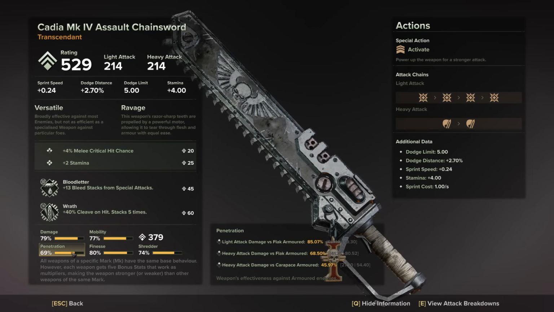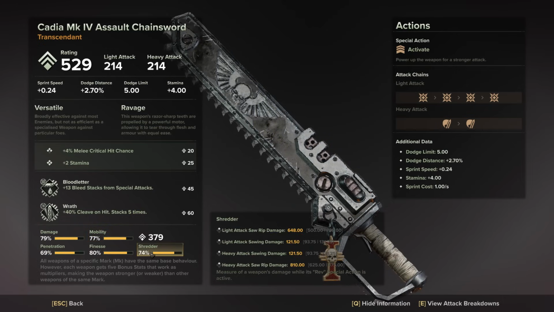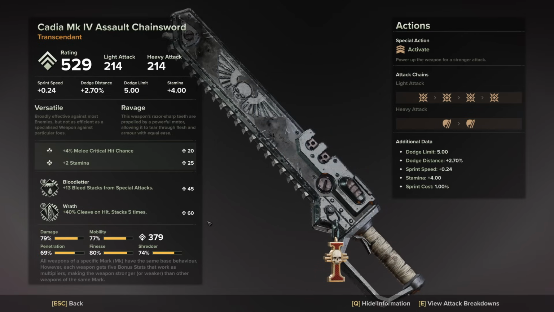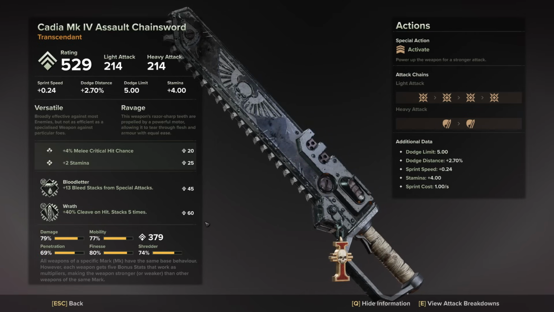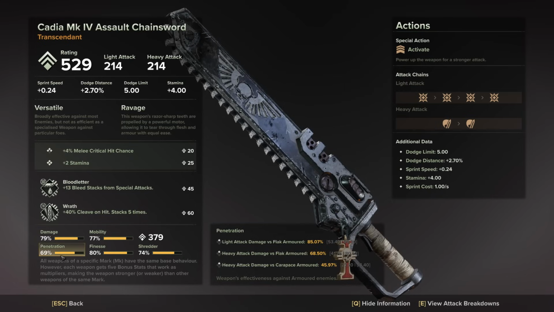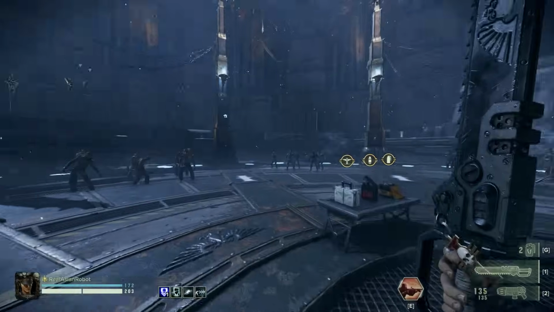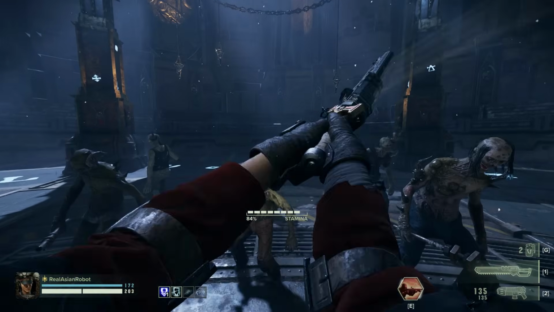All right. I would actually rather have had higher penetration, lower mobility and lower shredder, but it is the way it is. This was one of the best rolls that I got, so I'm not dumping this, even if the penetration is a bit lower. Like I said, I would have loved it a bit higher, but again, the thing about this is that you're mostly using it against the horde enemies, so you don't really need to worry about stats too much,